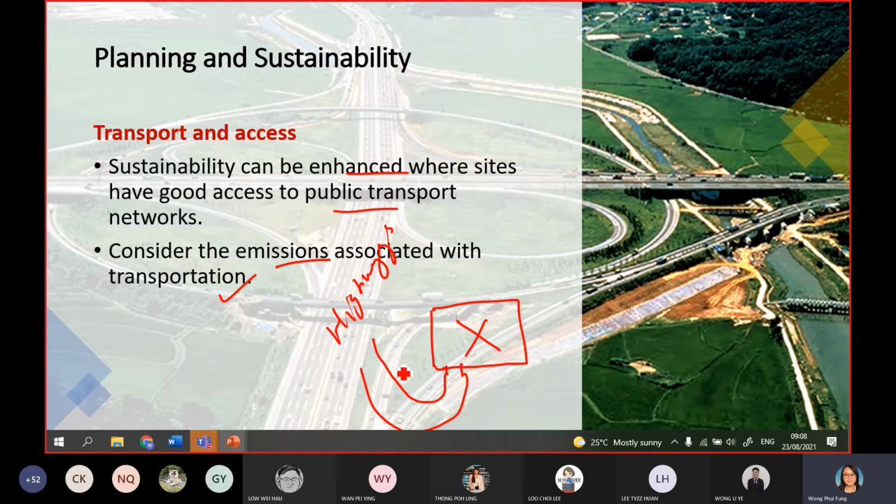So for Semenyih, if you are not familiar with Semenyih, actually Semenyih boomed because of Eco Hill, developed by SP Setia. When they kickstarted Eco Hill, some of the buyers were interested to buy because of the landed concept, which is very attractive in Semenyih.